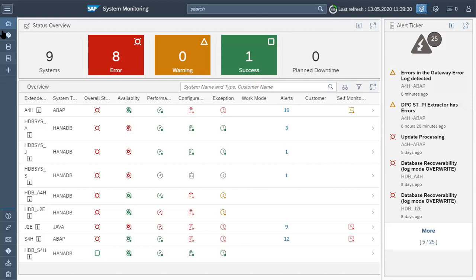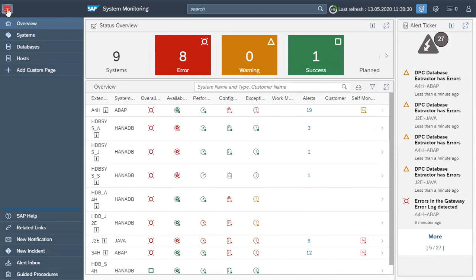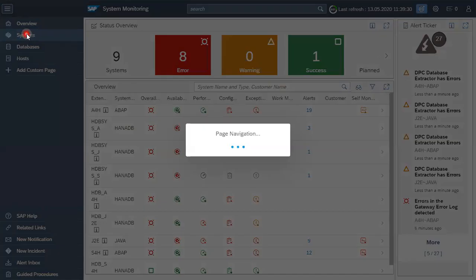Next, we can go to the left. We are at overview. We also have this icon. If you click on this icon, it will expand the menu and show what type of options we have here. If we want to see the systems, we can click on this one. It will list the systems with their status.